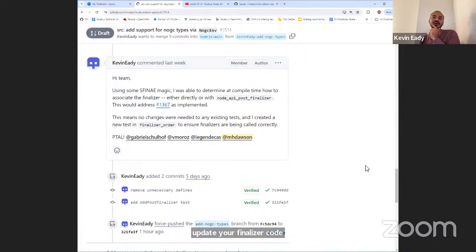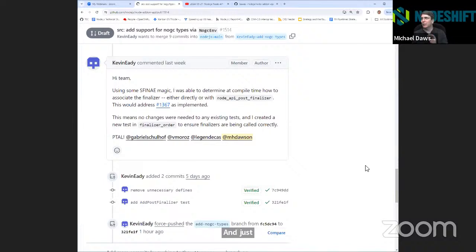Because right now there's nothing that requires you, because it uses this dynamic choosing, but we can make it so that it's not dynamic. Or I was thinking more like leave the dynamic thing, but maybe if there was a define that says like force no GC finalizers, it would then error if you tried to use a non.